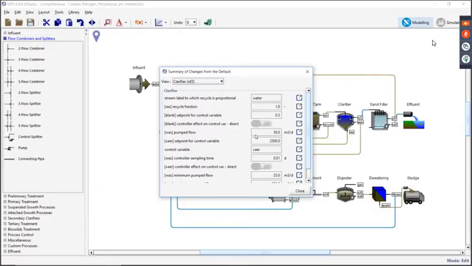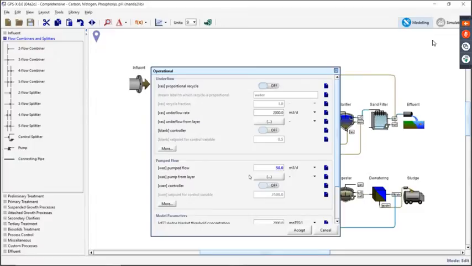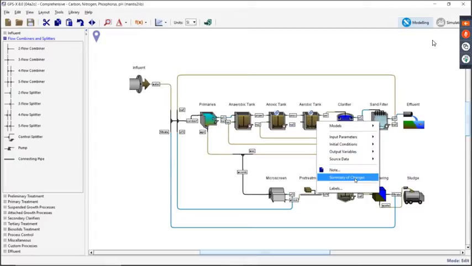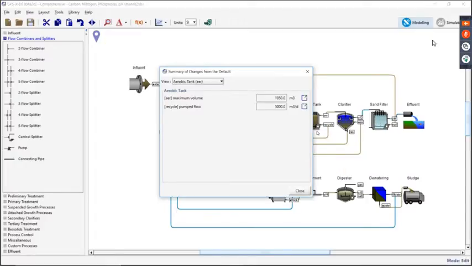Here you'll note that we have these buttons along the left that take you to the actual menu. So where do I find the wastage pump flow in that clarifier? If I just click that, it'll take me exactly to the right page and right menu for that. So that's a handy way to navigate around and get to the information that you want easily and quickly. You'll note only the things that are changed from the defaults will show up here. So in this aeration basin, the only things we changed were the volume and this recycle pump flow.